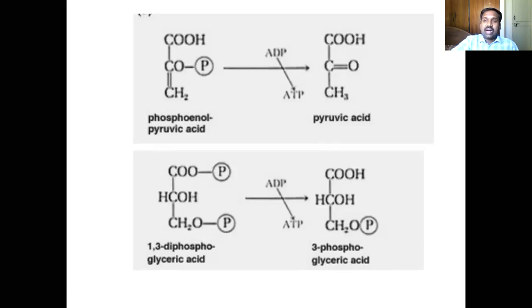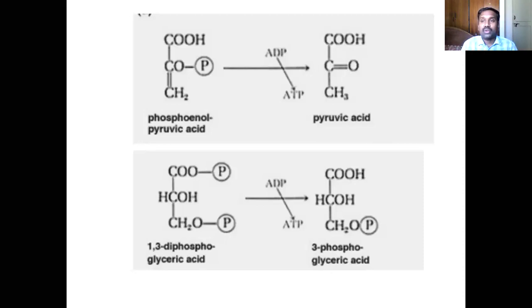So how is ATP synthesized? The direct answer would be through substrate level phosphorylation. What is substrate level phosphorylation? Substrate level phosphorylation is the transfer of a phosphate group from a molecule to ADP to obtain ATP. And what is the energetic of that molecule which is giving the phosphate group to ADP? It is much more high energetic than ATP itself.